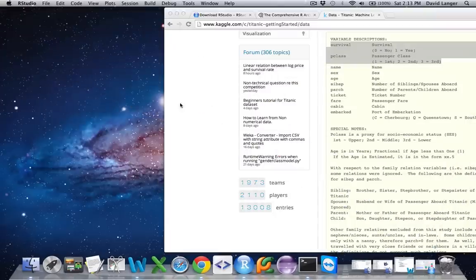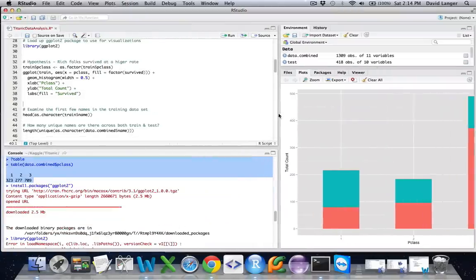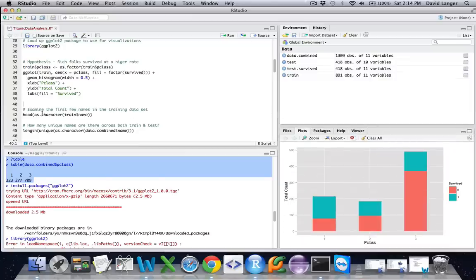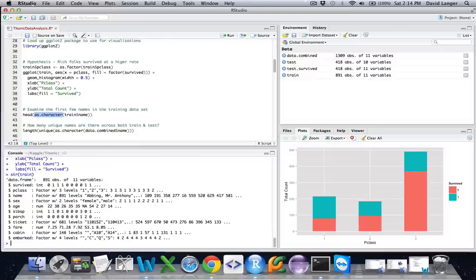Now, if we go back here to the metadata for our data set, the next thing that we need to take a look at is the name variable, right? Because data analysis at base is a pretty methodical process here. So we're going to go ahead and take a look at the head command. There's a couple things that we need to look at first before we talk about the head command. So there's this as.character thing, and to understand why we need it, let's go ahead and look at the structure of the train data frame again.